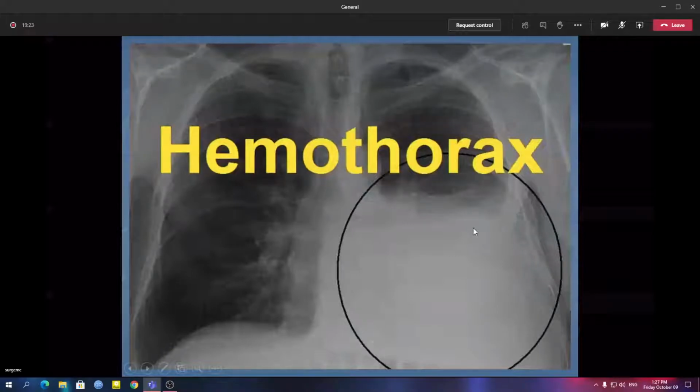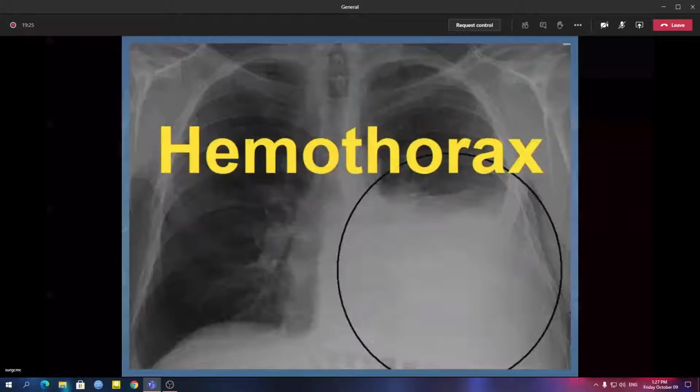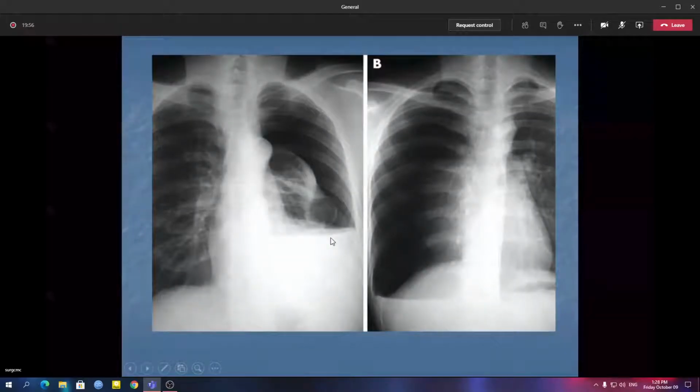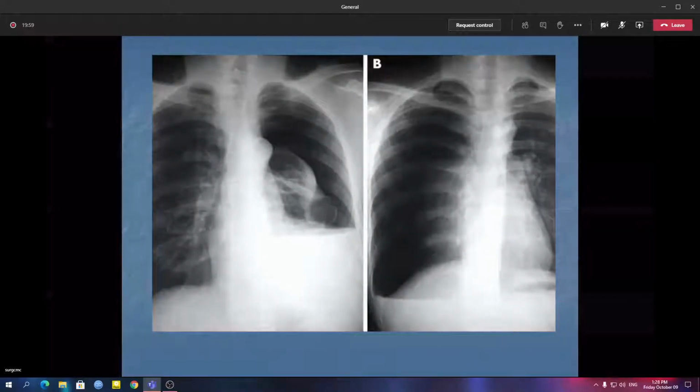This is known as hemothorax. In surgery, we commonly encounter this after traumas. There is blood in the pleural cavity, which gives you this homogeneous opacity picture, but the upper border always tends to be straight or linear, unlike the meniscus shaped upper border in the case of pleural effusion. You can see a very clear cut picture. This is a straight border, that is a hemothorax, or even a hydrothorax if you think in medical terms, or you can say it's a pyothorax also.